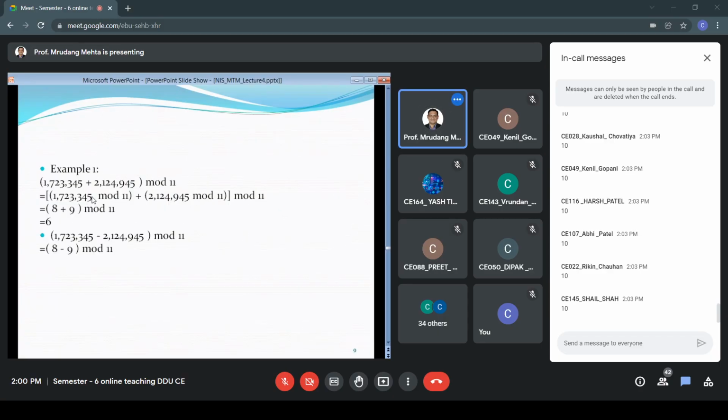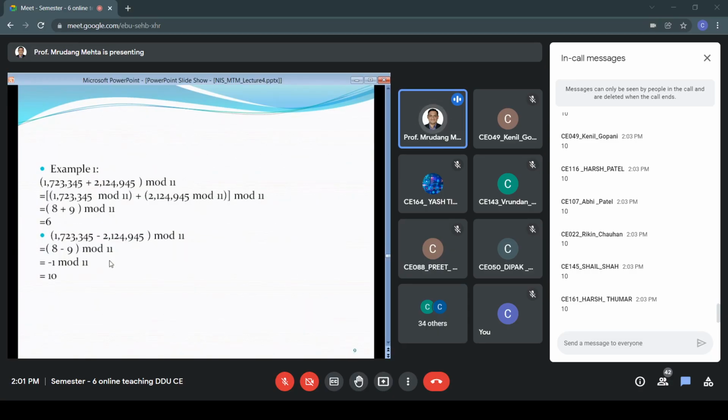So let's see. 8 minus 9 mod 11. We will perform this step, which I have not written because I have already written over here with negative sign, right? So we will have this 8, this 9. So 8 minus 9 mod 11. So minus 1 mod 11, and that is 10. Okay, is that clear? Second property, a minus b mod 11, so a mod 11 minus b mod 11 and the whole difference mod 11.